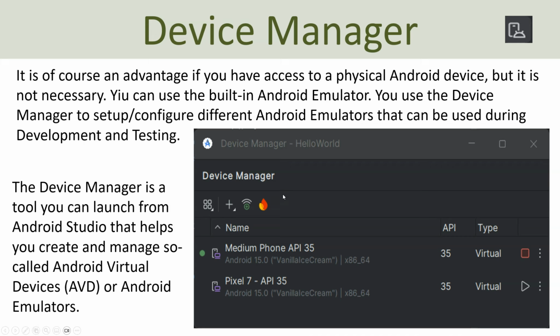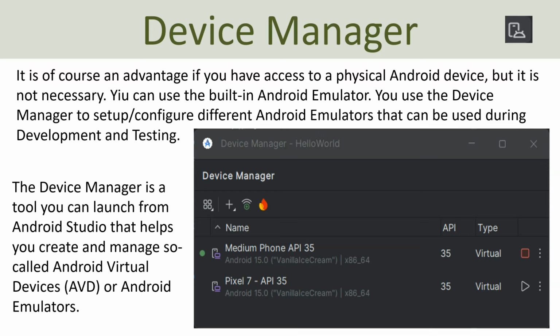Basically the device manager is a tool that you use to get an overview of the Android emulators, and you can also connect your real Android device either using a USB cable or over Wi-Fi, and all these devices will be available here in the device manager. There are some default Android emulators that are installed by default, which you can use in the beginning. Later you can also set up and configure your own Android emulators, assuming you have a specific Android device or you want to test your application on